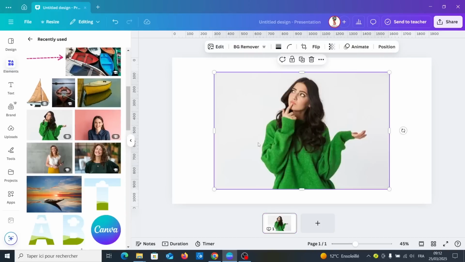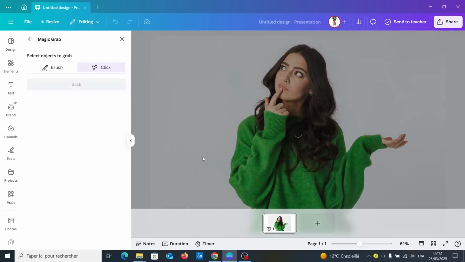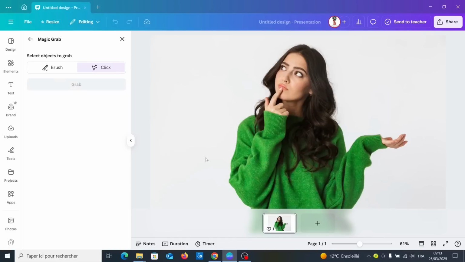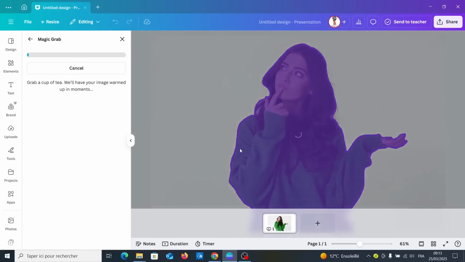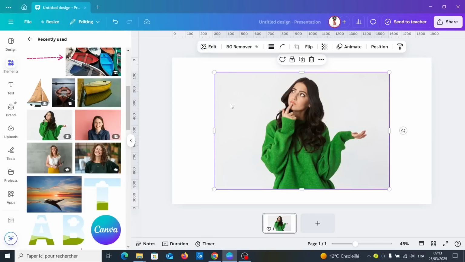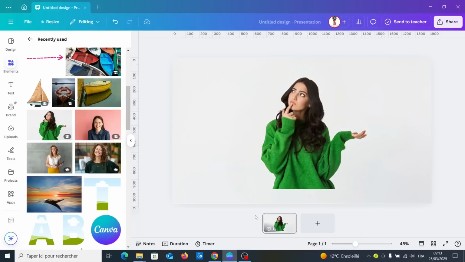I will choose this image, go to edit, then select magic grab, select your object, then click on grab, choose the background image, select set as background